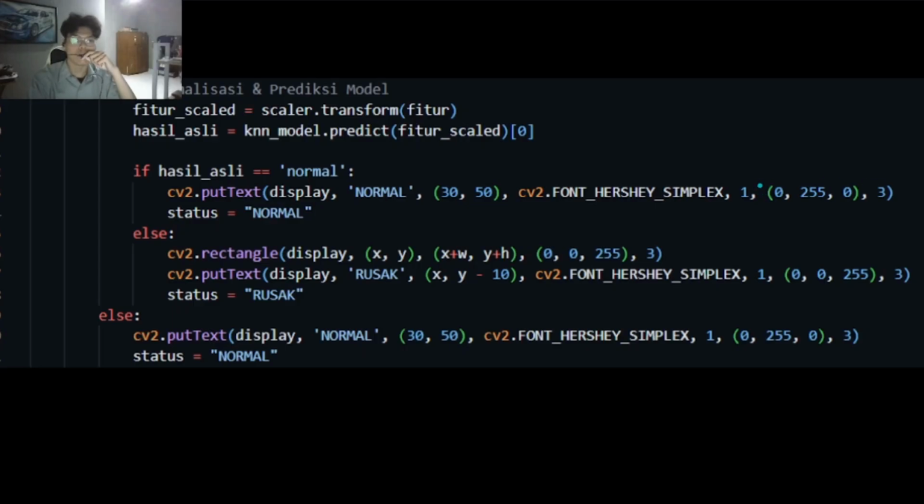Back again with me, Fadlan Muhammad Tafin, and now I'm going to explain how this system works. This system runs using a while True loop to continuously read camera footage using the cap.read function from the OpenCV library, and for its real-time workflow, the captured image frame is feature extracted and then normalized. These values are then fed into the KNN model using the knn_model.predict command. From here, the program can determine the fabric classification in milliseconds.